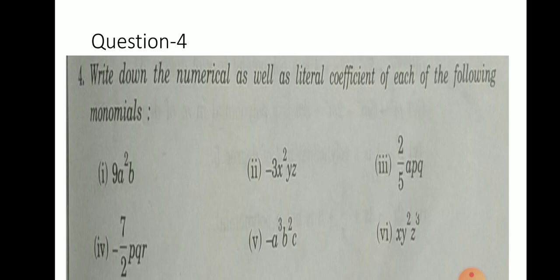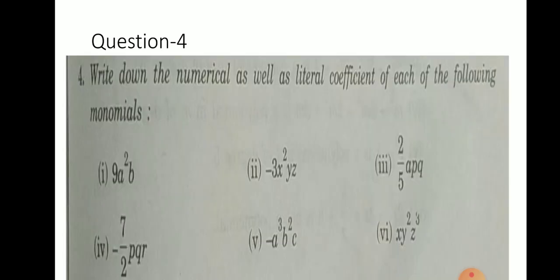Right, so now let us see the key for these all. First one, 9 comma a square b. Second one, minus 3 comma x square yz. Third one, 2 by 3 comma apq. Fourth one, minus 7 by 2 comma pqr. Fifth one, minus 1 comma a cube b square c. And the last sixth one, 1 comma xy square z cube. Is it clear? So this is the key, and these are the solutions for all the